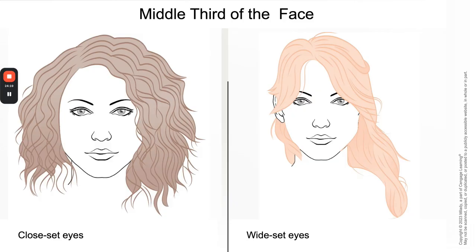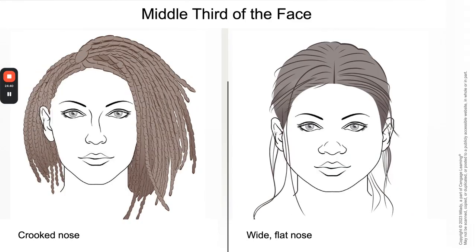Okay, so clients with wide set eyes, give them maybe bang both ways, give them a little bit of volume. That way you can cover the outer corners of the face and make the eyes look like they are in proportion. Okay. Other characteristics or things that we may notice in the middle third. They may have a crooked nose or a wide flat nose. So if your client has a crooked nose,